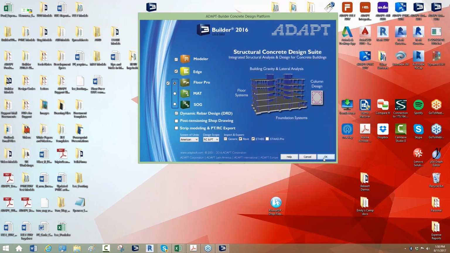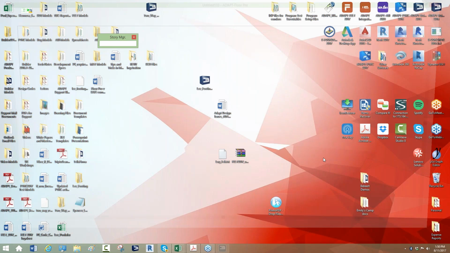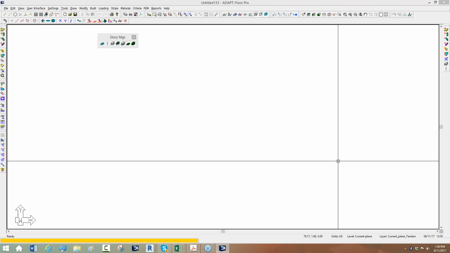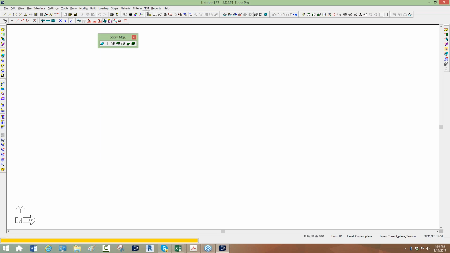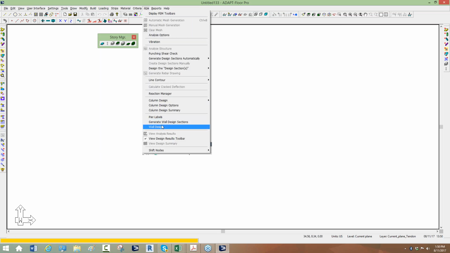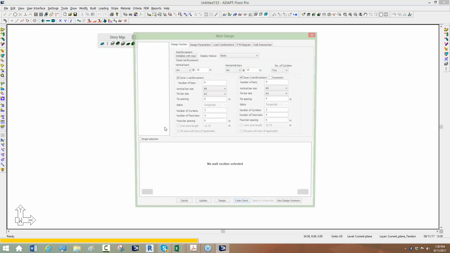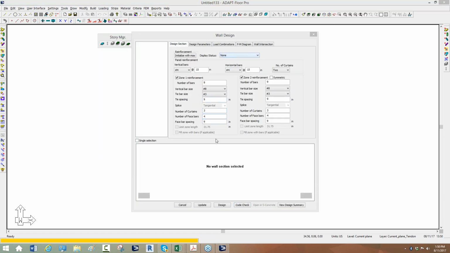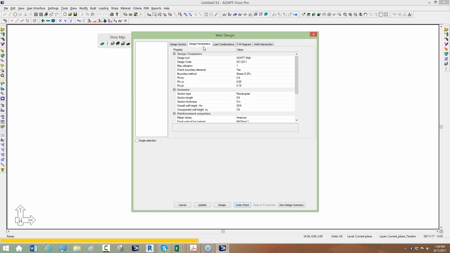But if I open this program and Wall Designer, we basically have 2 engines for designing walls. One of them is the S-Concrete link, but one of them is native to ADAPT-Builder. The S-Concrete link allows you to do a little bit more with wall design than what we've produced internally. For example, if we go here to FEM and I go to the wall design, this is something none of you have seen, so this is still in the works. This again will be released in early to mid-September. But this wall designer, if I go to design parameters, the design tool that can be used is either ADAPT